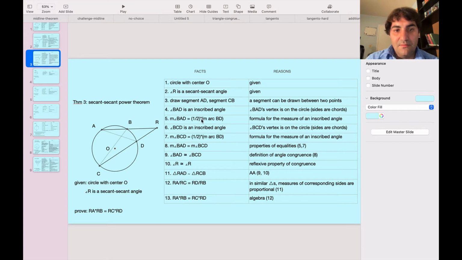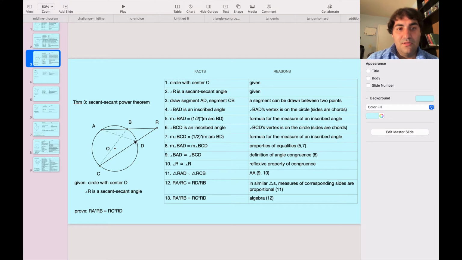So we see that we have this common 1/2 times measure of arc BD in statement 5 and statement 7. So measure of angle BAD equals measure of angle BCD. By the definition of angle congruence, we get angle BAD is congruent to angle BCD. I'll use the reflexive property of congruence to get angle R is congruent to itself. And then using the angle-angle theorem with statement 9 and statement 10, we get triangle RAD